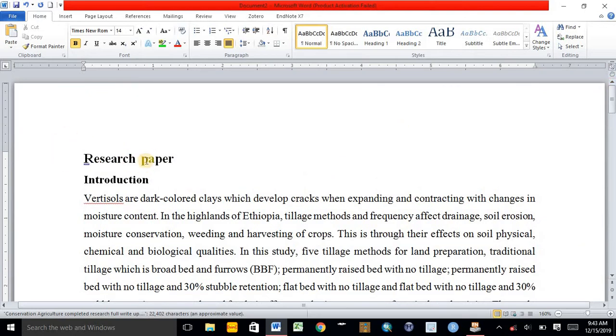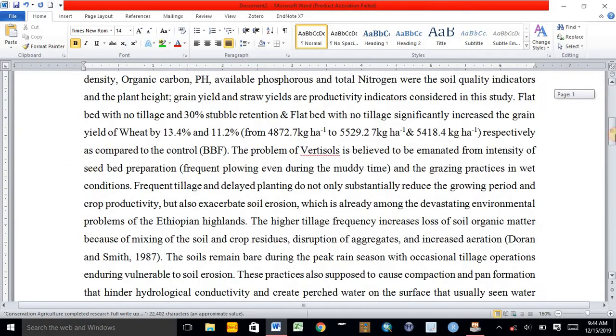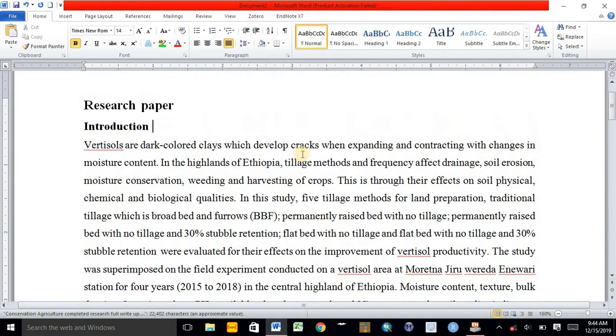Here, if you have the research paper and we see the introduction as well as the discussion part, and our interest is to add citation and referencing, for example, if we want to add a citation here: verticals are dark colored clay which develop cracks when expanding and contracting with changes in moisture content. If we take this idea from some colleagues,